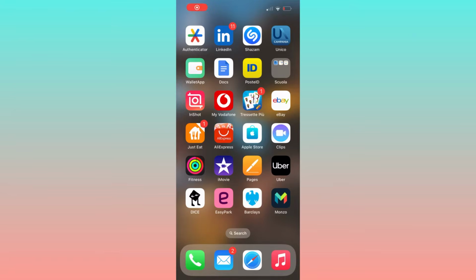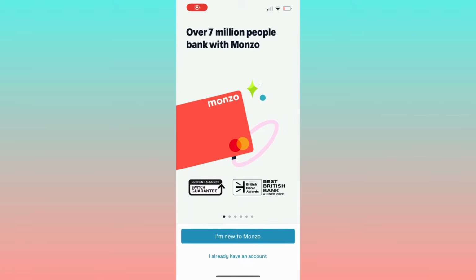In this tutorial, I will demonstrate the process of transferring funds from your Monzo account to another bank account, but